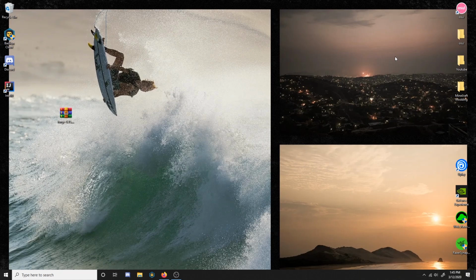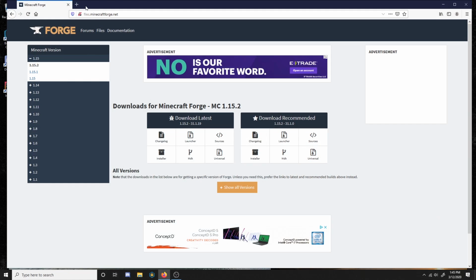And next we need to get the actual Forge library. So go to the third link in the description, the last one I believe, and it will take you to minecraftforge.net, and make sure that you're downloading the Minecraft 1.15.2 Forge version, and we want the recommended, not the latest, and make sure you're downloading the MDK as well. So click the MDK,